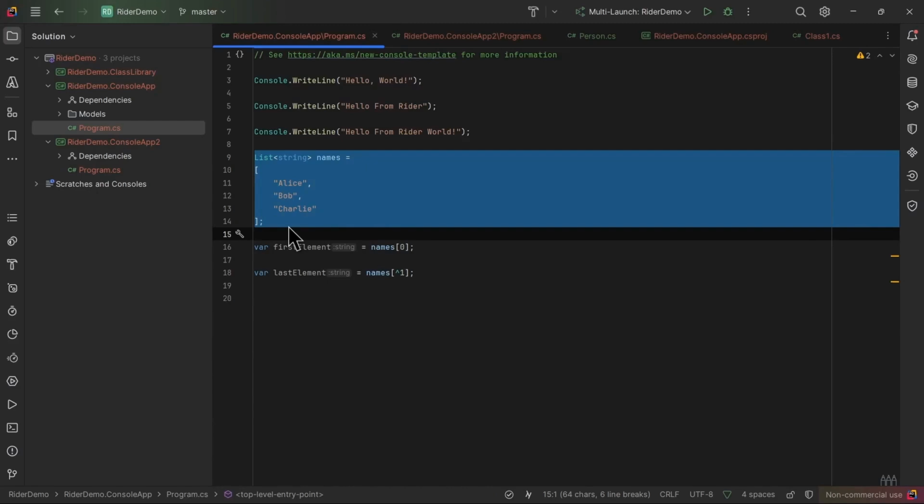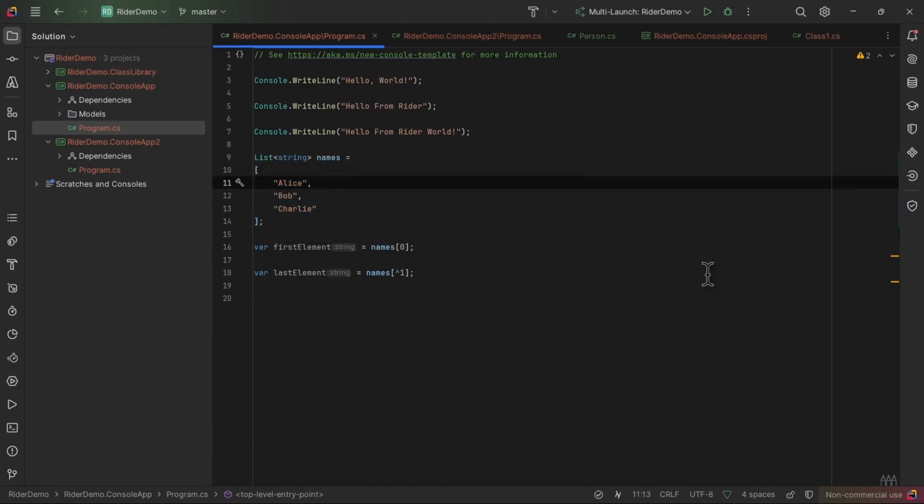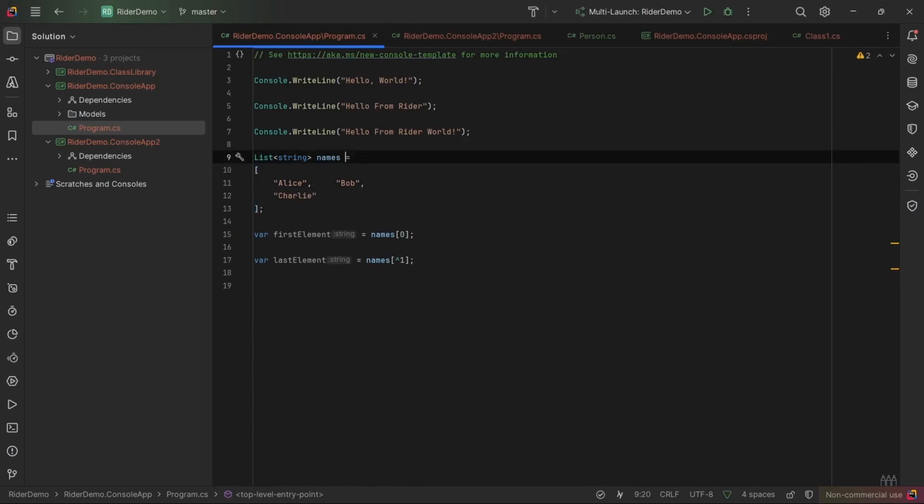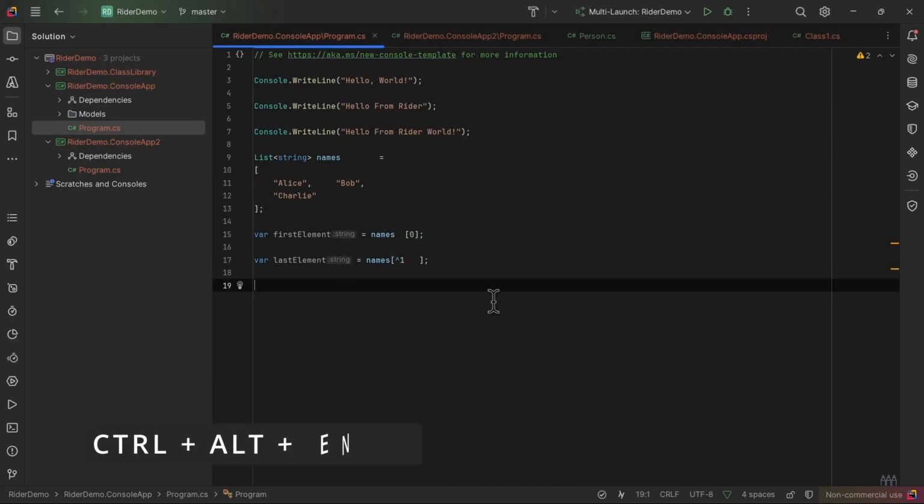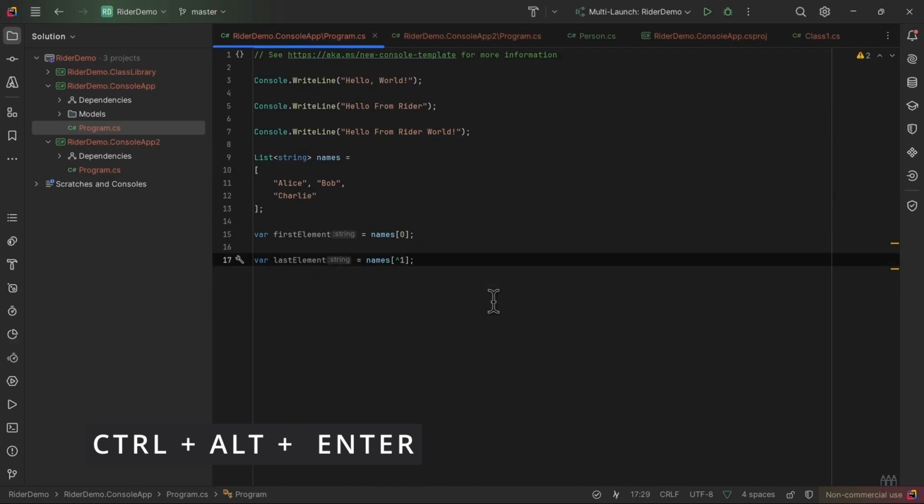Another very simple but interesting feature is the code formatting function. For example, let's say I have some unnecessary white spaces in this file. I can of course format them manually, but I can also use Rider for this purpose, specifically with the keyboard shortcut Ctrl-Alt-Enter. As we see after a moment, all that excessive white space has been automatically cleaned up. We once again have more consistent code in our editor. One more feature,